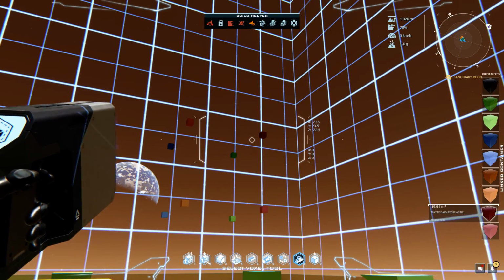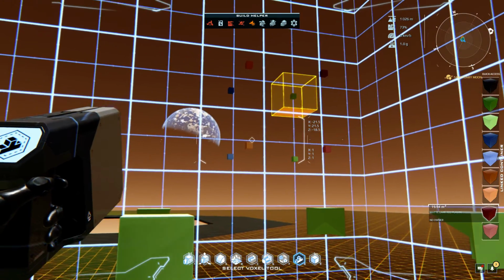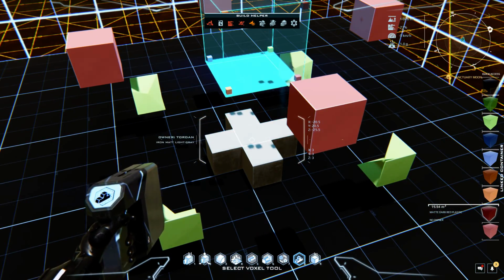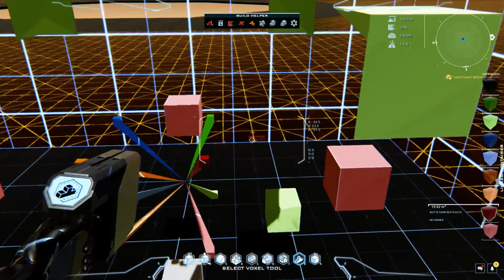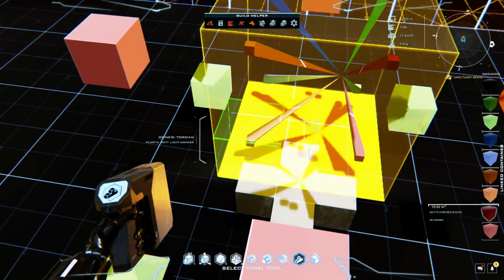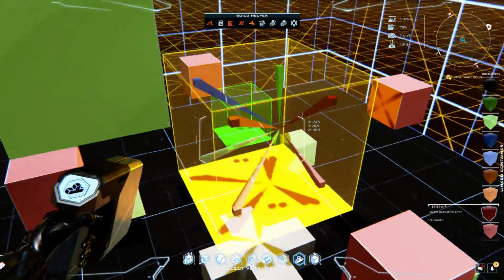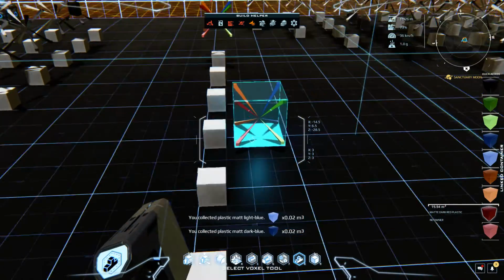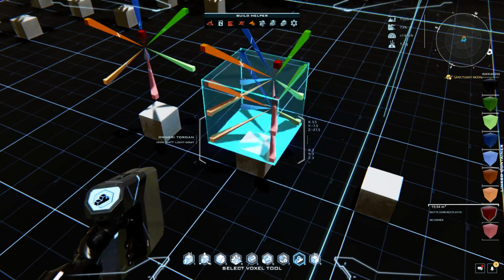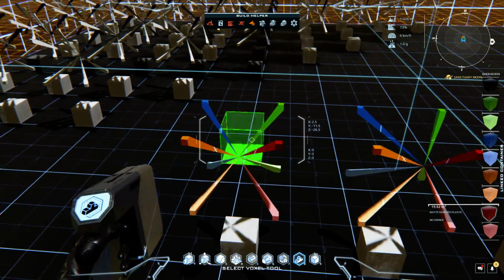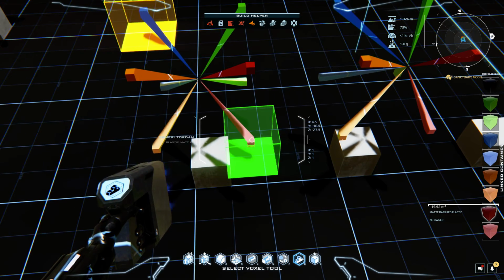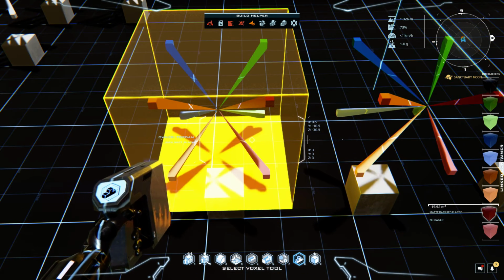Then we go back to our select tool, grab our reactor, paste it around it. Now what we have is our imperfect point that is in the center of the voxel wall. So we're going to go ahead and copy that, place that over here. All right. Now if we take our center right here again,